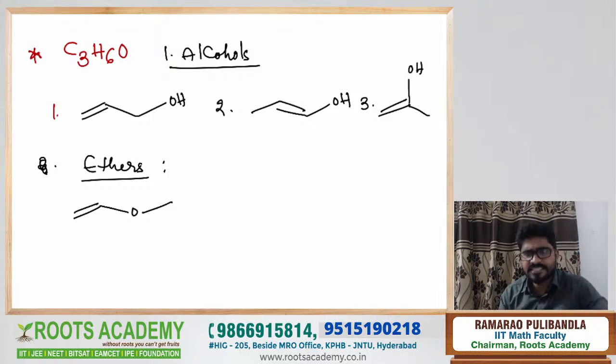Now remember, guys, just by seeing the formula, you need to have an idea of what kind of structures we'll get, what kind of compounds we may get. First of all, you need to think like that, then you start to write. One oxygen atom is there, we can get the alcohols, we can get the ethers. Degree of unsaturation is 1 and still one oxygen atom, then we can get the ketones as well as aldehydes.